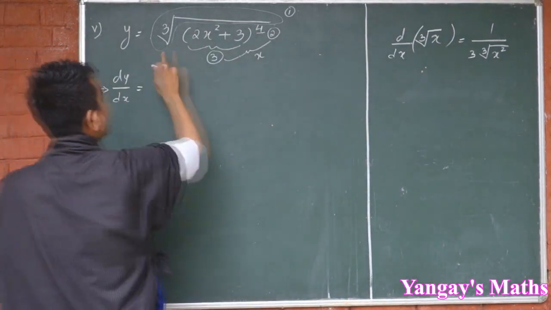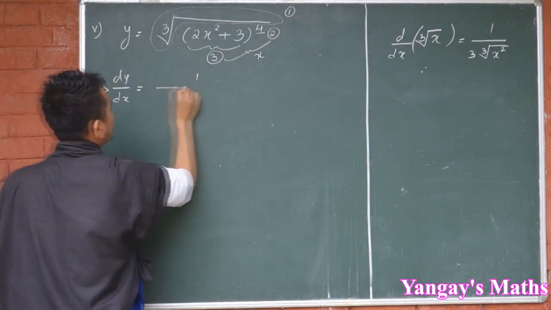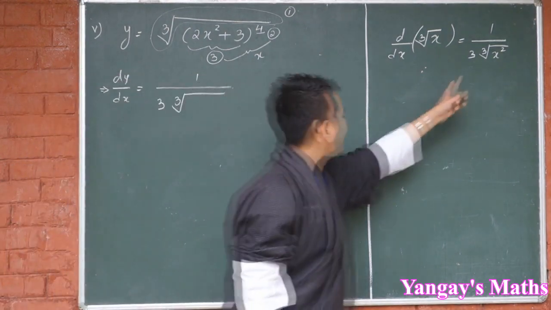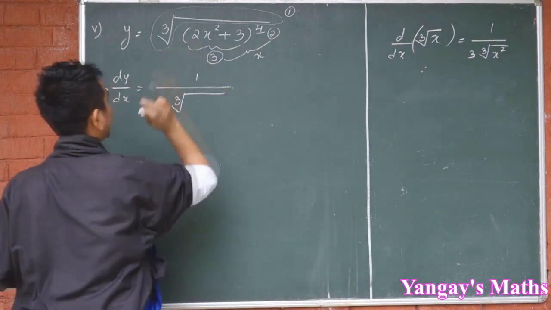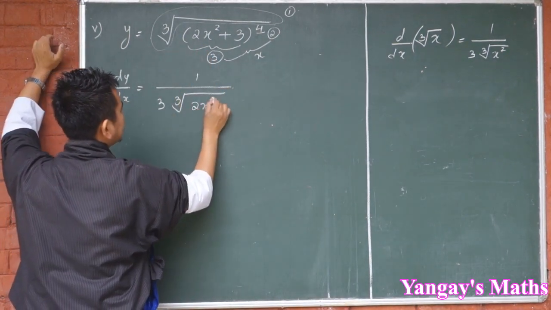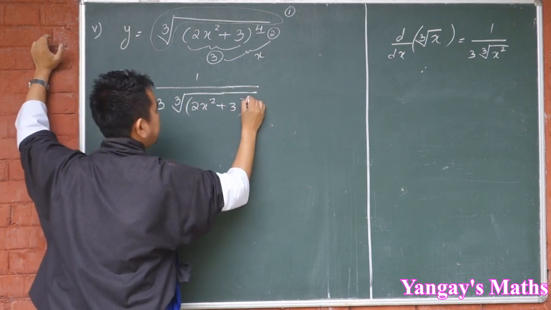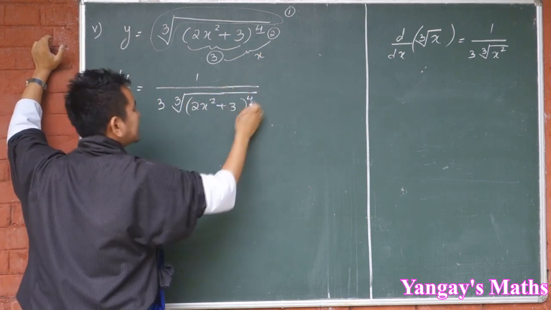Okay? So now the derivative of cube root of x is 1 by 3 cube root of what? X squared. Which one is the x? It's 2x squared plus 3 raised to power 4, this whole thing is the x, then